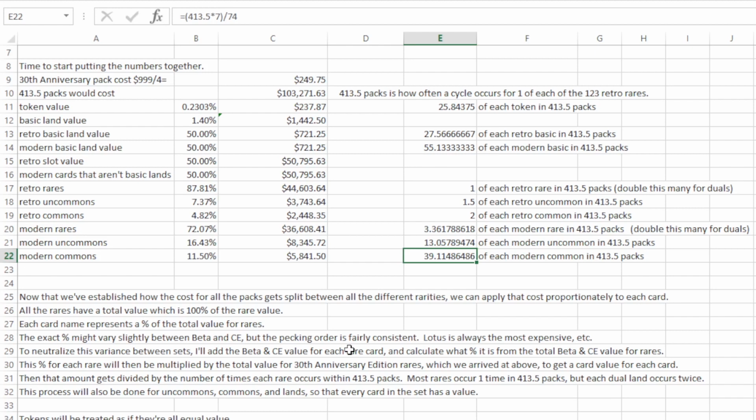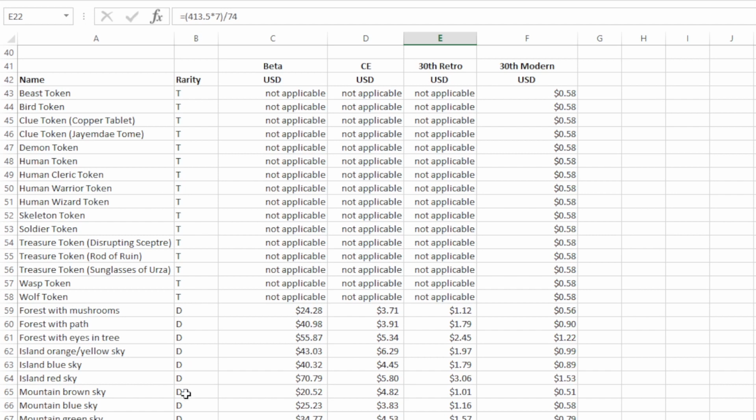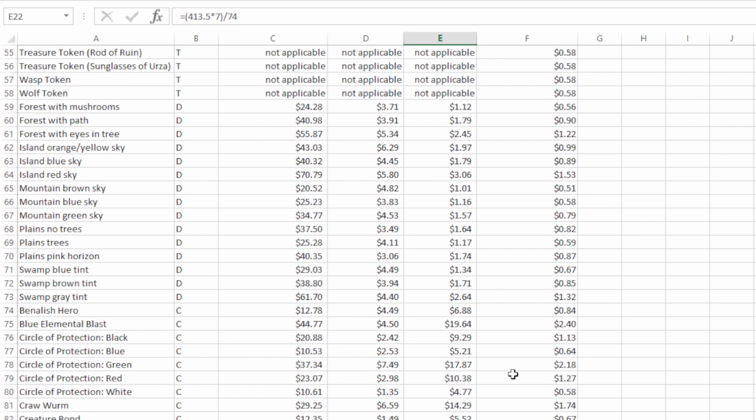This should be very similar to the last one I showed in my other video, but I'm going to run through it here real quick. Here we are: tokens, basic lands, beta prices, collector's edition prices, 30th edition retro prices, and 30th edition modern prices. Feel free to pause the video if you want a better look at any of the prices. There's the tokens, all at 58 cents. Here's the basic lands,